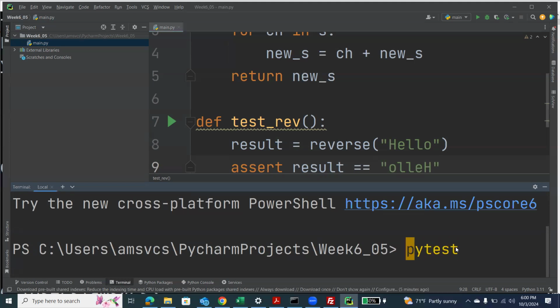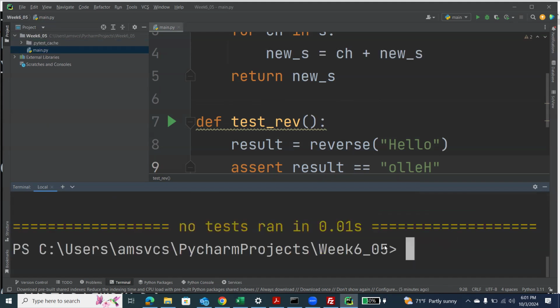Let's see. What do you mean we're in the wrong folder? Oh, so for example, in this folder week 605, we have several files. Then if I just type PyTest, I don't think it will work now. Let's see, because there is also another command for which version of Python we want to use. Okay, it says no tests ran. Let's try to type Python